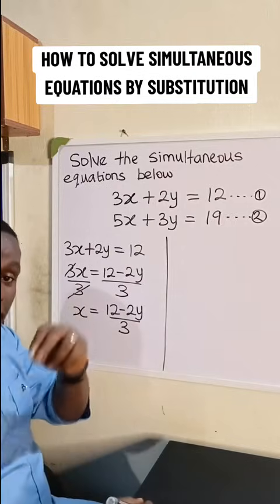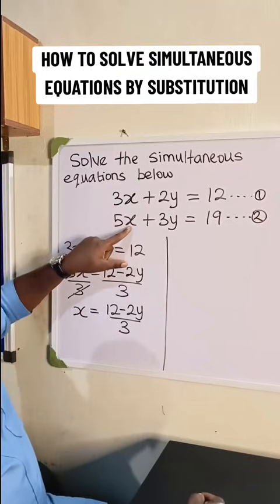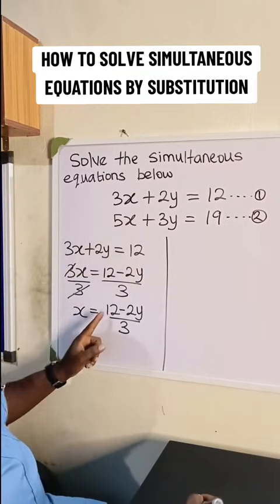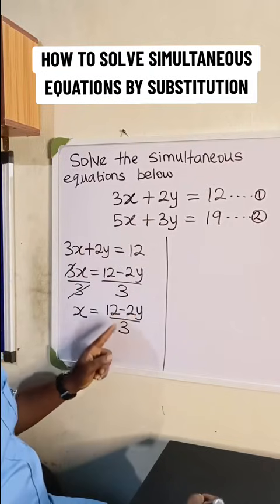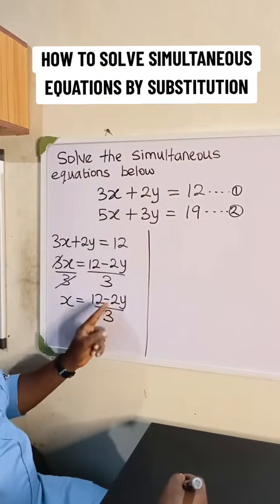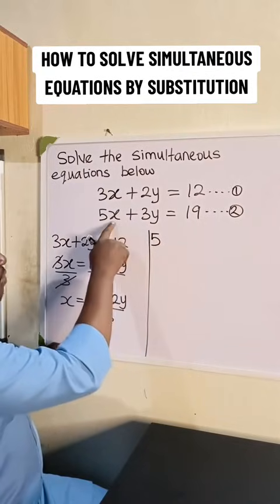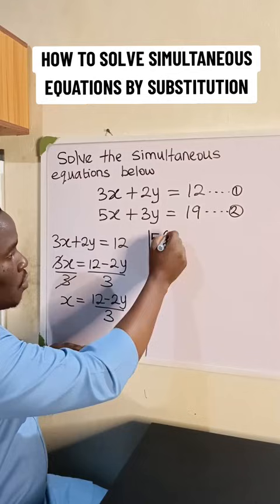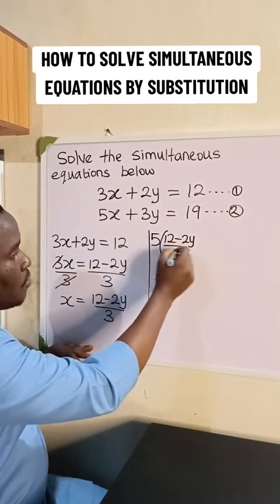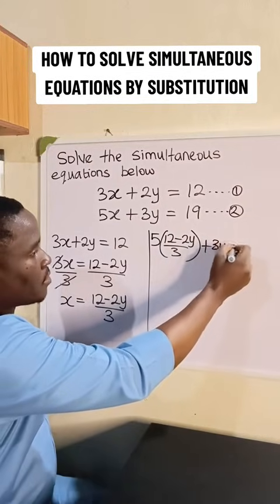Substitution means replacing one value with an equivalent value. So here we have x. Since x is equal to 12 minus 2y all over 3, we can take out x and replace it with 12 minus 2y all over 3. So let's do that. So we have 5, instead of having x, we are going to have 12 minus 2y all over 3 plus 3y is equal to